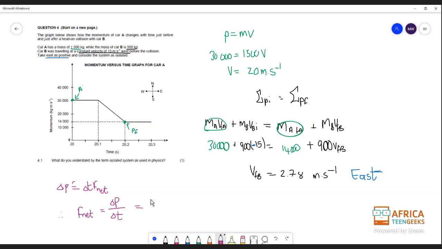So the change in momentum is just going to be our P final over here minus our P initial. So it's going to be 14,000 minus 30,000